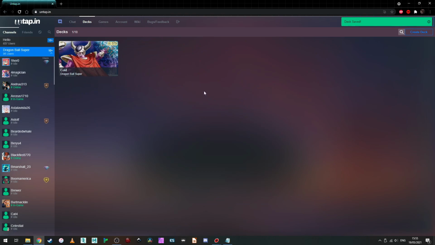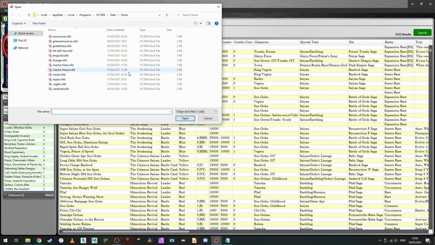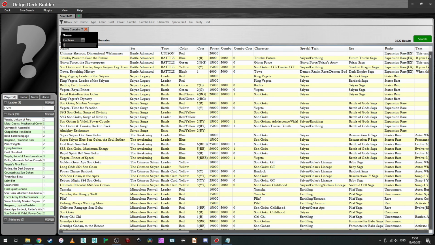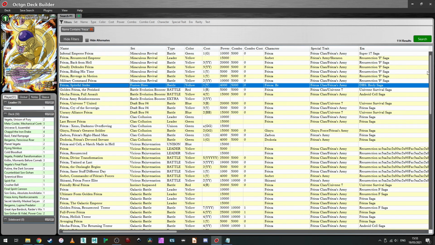So that's the main process of how to do this. There is one thing I want to bring to your attention before I finish this video. Let's load another deck that I've got built here, this Mecha Freezer. This will show us the issue, and I also need to find a card to add to it. We need to get the Skillless Freezer from